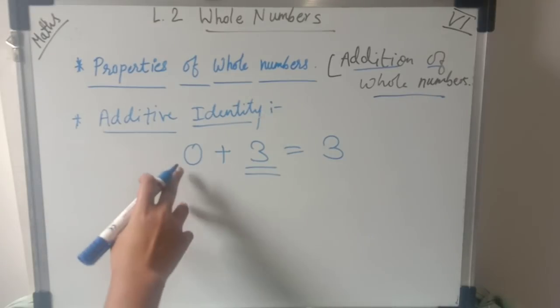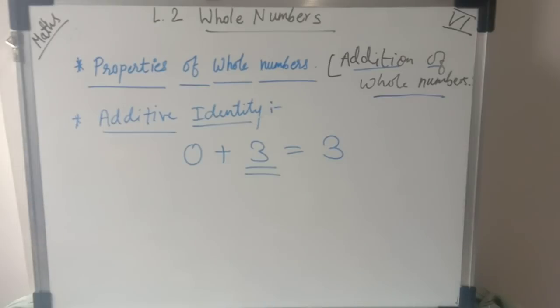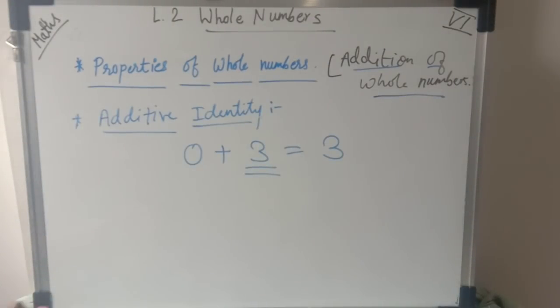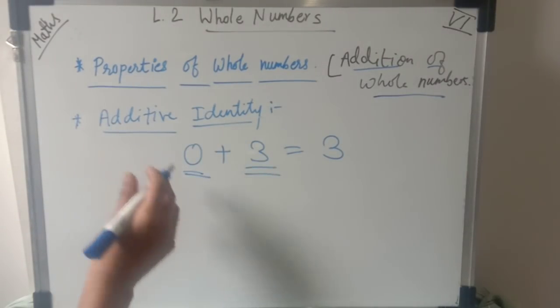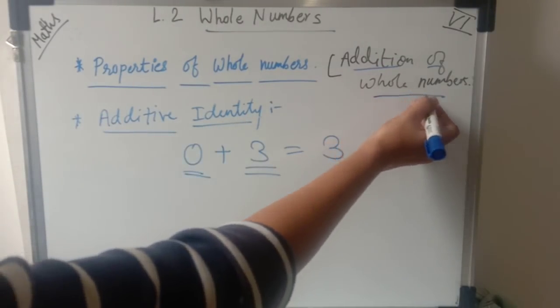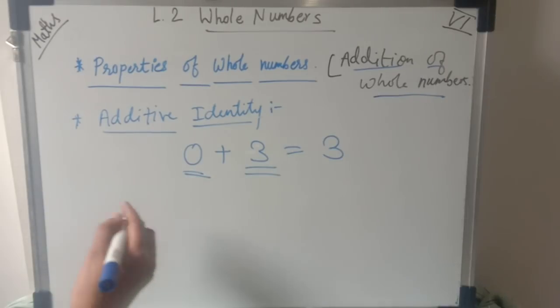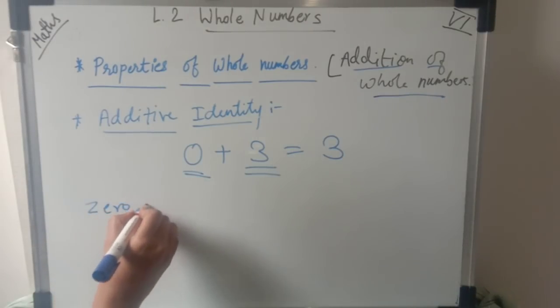मतलब यहाँ पे अगर हम 0 किसी भी नंबर के साथ ऐड करते हैं तो हमें वो सेम नंबर मिलता है, तो 0 किसी की वैल्यू चेंज नहीं करता, and that is why 0 is the additive identity of whole numbers. So remember students, in the exam also, fill in the blanks will come: which number is the additive identity of whole numbers? So what is that? That is 0. So remember, 0 is